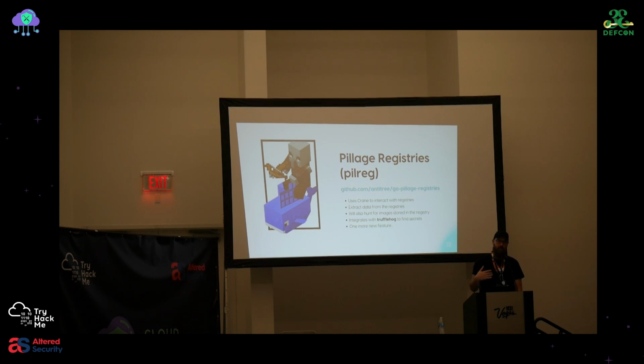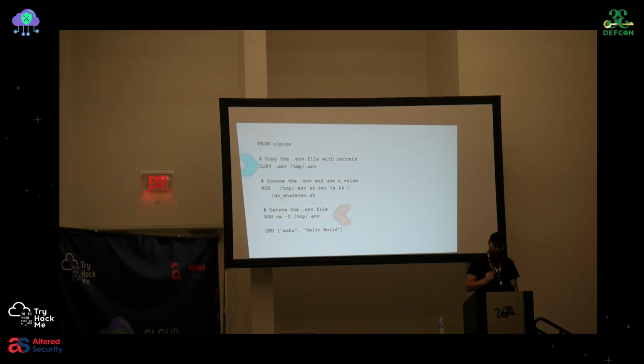The purpose of this tool is to find a whole bunch of issues related to registries, so you can point and shoot at registries. When you're on a pen test and you have line of sight into a registry, what can you do? It extracts information from it. You can hunt for secrets. You can hunt for misconfigured images. I've integrated with TruffleHog just because, why not? It's just for hunting specific secrets. That's all nice, but there's a specific feature I want to talk about in this presentation.